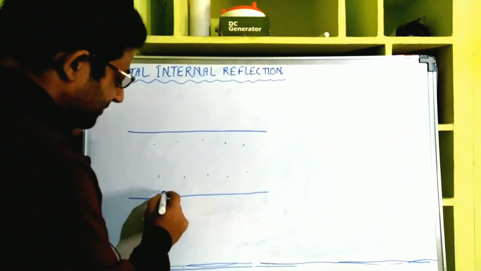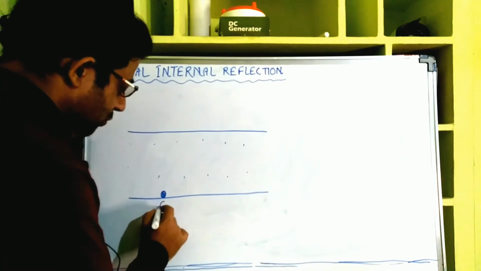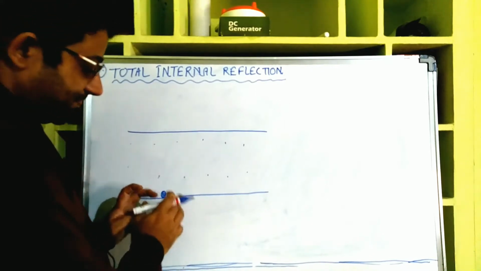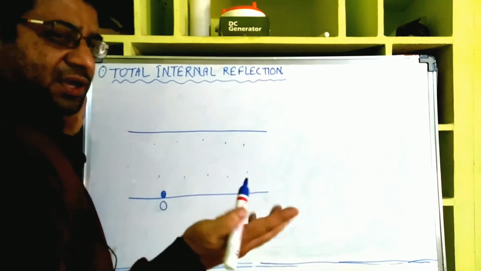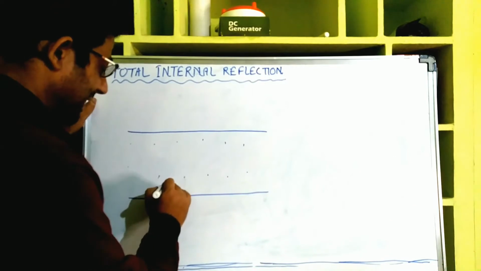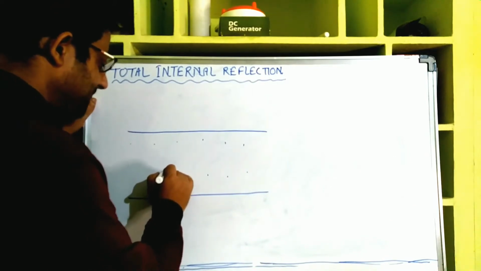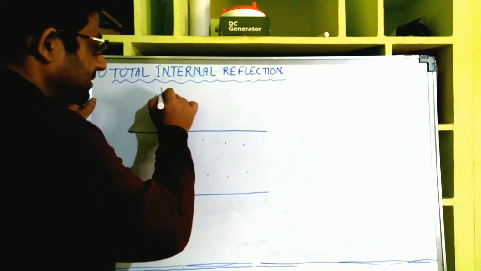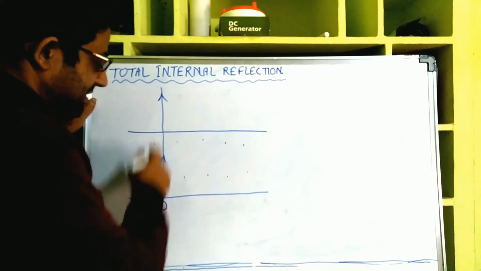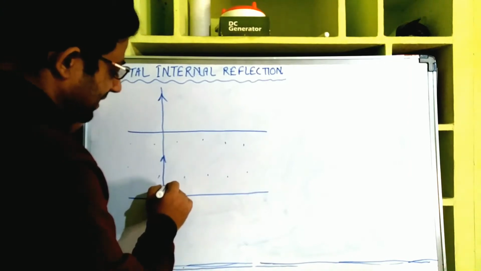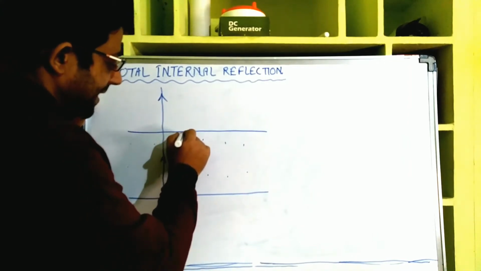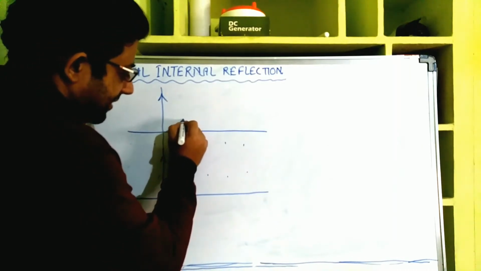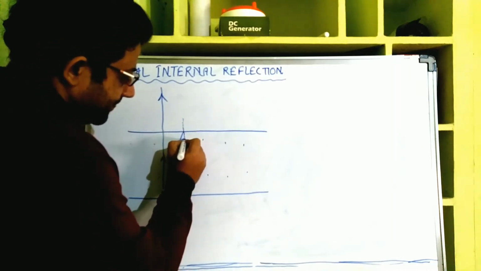Similarly, from this object, let us call it O, infinite light rays are emanating in all directions. However, a few rays we are taking for our analysis purpose. The light ray which is perpendicular to the surface of the water will go just like this. However, take the light ray which is making some angle. Now see, at the point of incidence, if we draw a perpendicular,